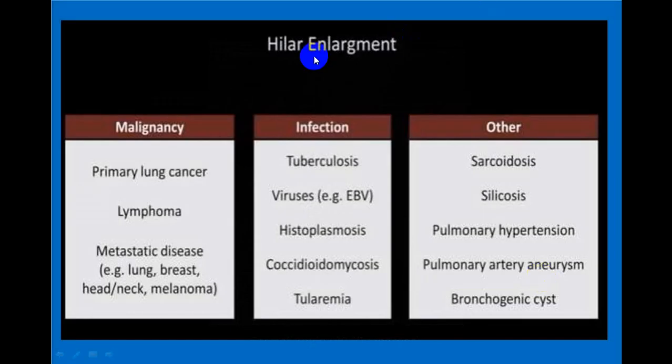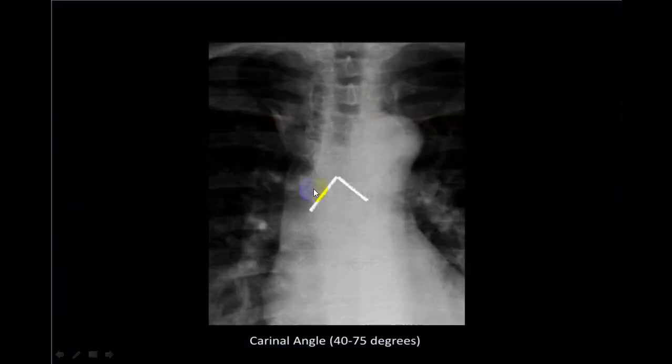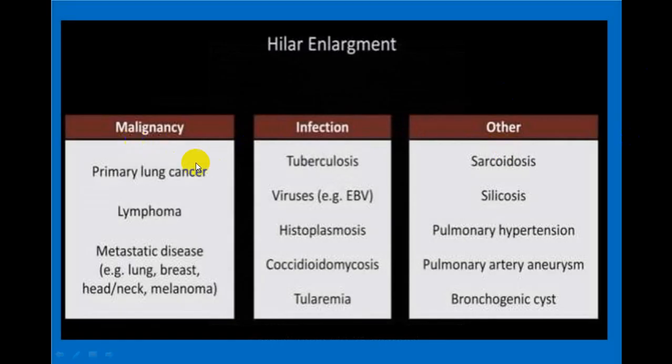In the hilum, you can get an enlargement of lymph nodes in the hilar region, right hilum or left hilum. That can be because of malignancy, because of infection, or because of miscellaneous conditions. Particularly in malignancy, primary lung malignancy or lymphomas.